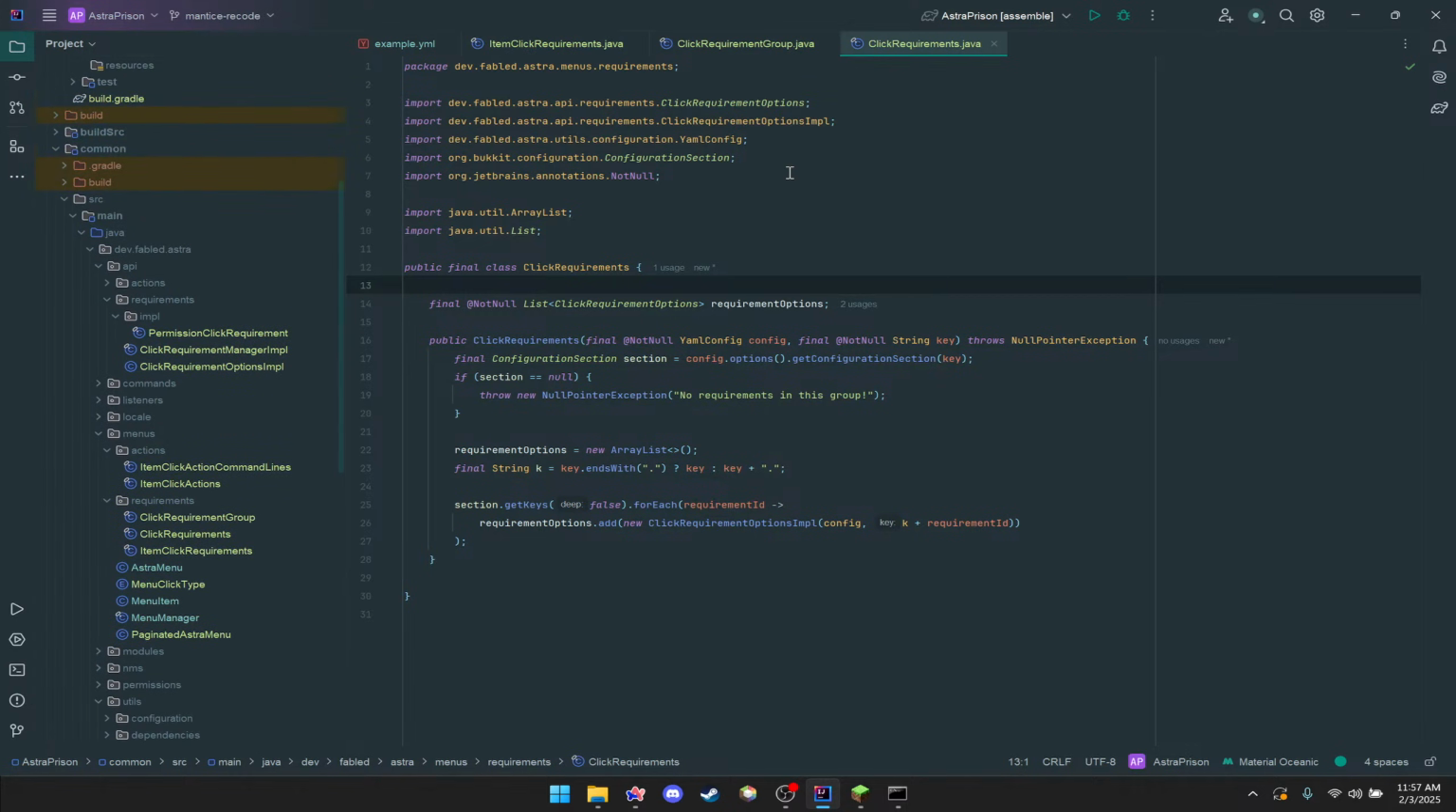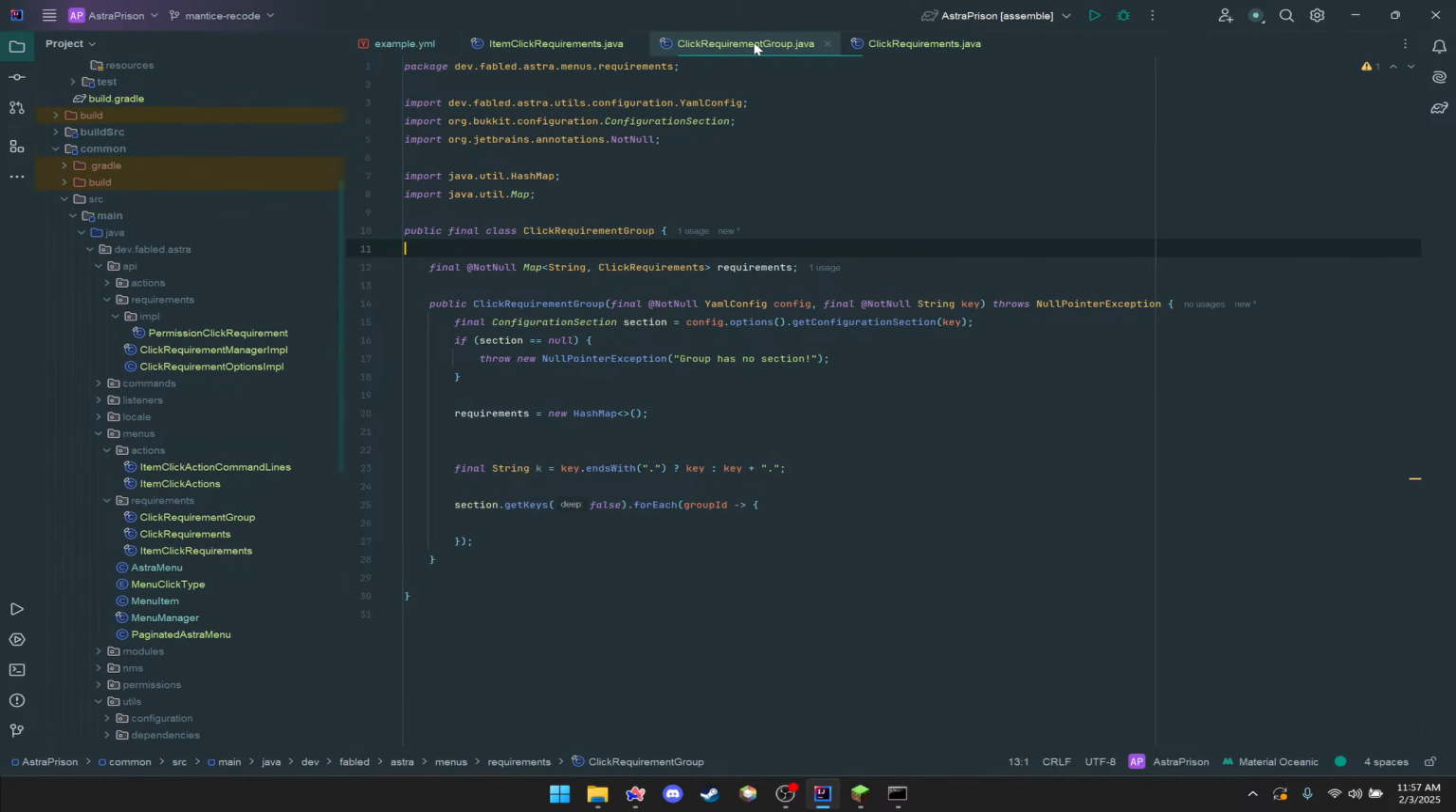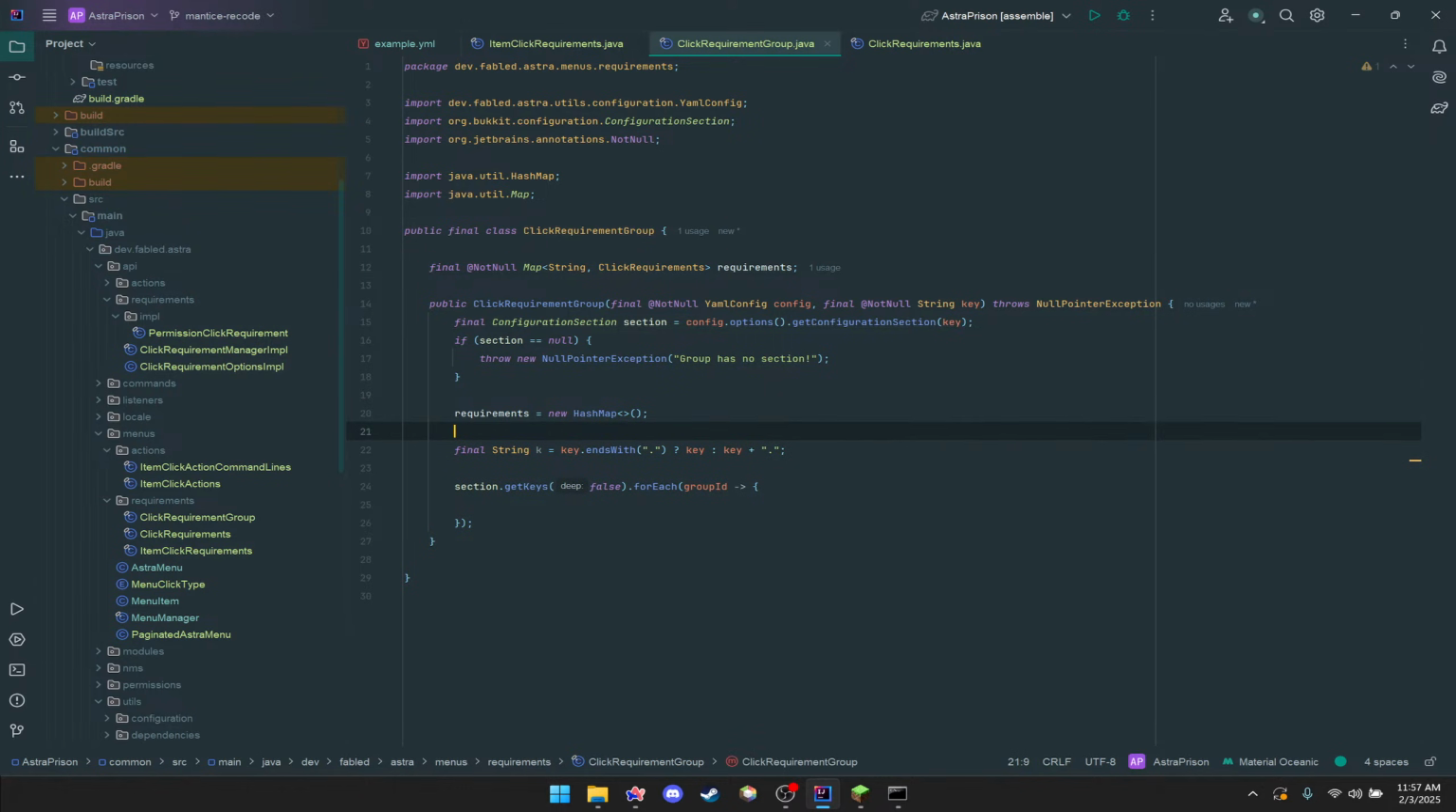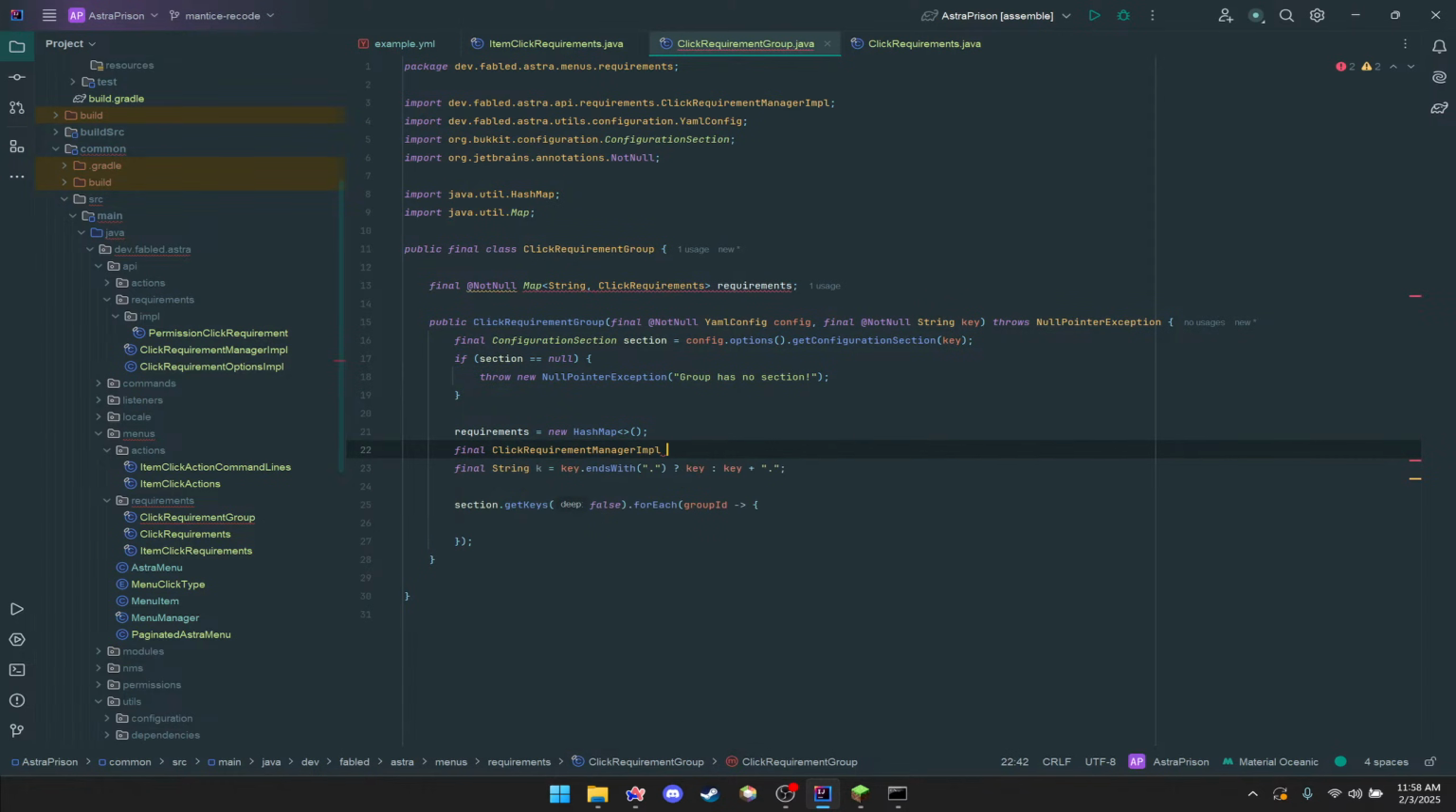Okay, anyways, now we can go on to do this stuff. So we'll say group ID, and then we need the type. So string requirement ID equals, no, final click requirement manager, click requirement manager, get instance, yep, and then